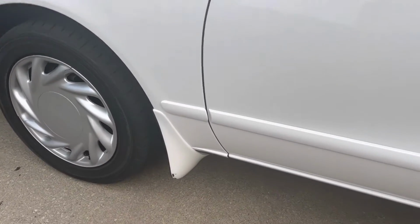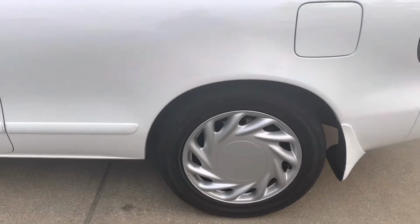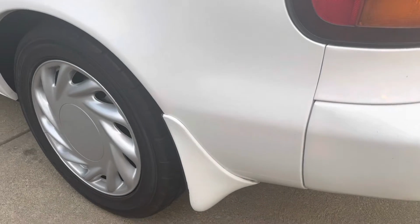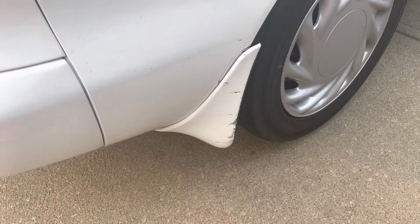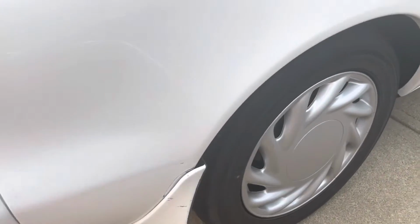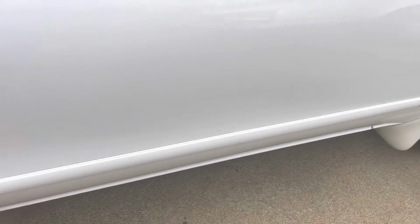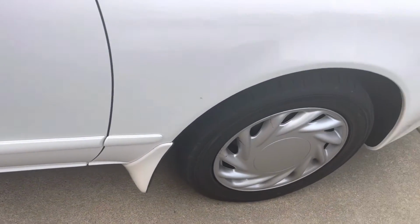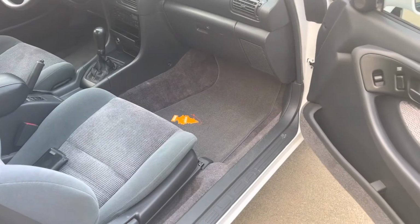The other thing is there's a couple little scrapes on these painted mud flaps, and I'm really thinking about taking them off and having them resprayed. Especially this one here. This one's pretty gnarled up, but really, no rust. You can run your hand through the undercarriage, you look underneath it, under the hood. I'll pop the hood in a moment, but let me open the door and show you a step back to